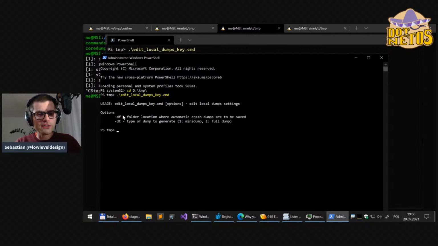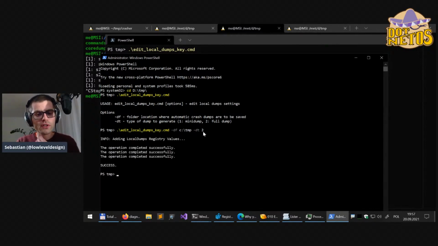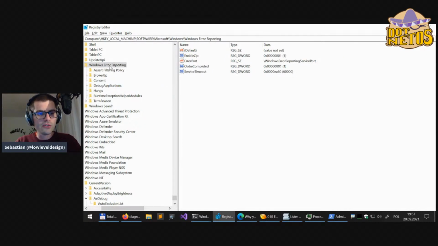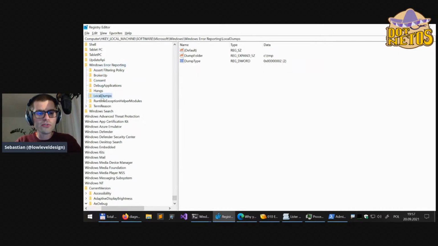And the two parameters that it accepts are the location of the folder where we will store the memory dump. So let's say it will be C TMP, and then the type of memory dump. If we set it to 2, then those will be full memory dumps. And if I go to the registry key for Windows error reporting, you will see that a new key was created by this script, LocalDumps, which set the dump type to 2 and then the dump folder